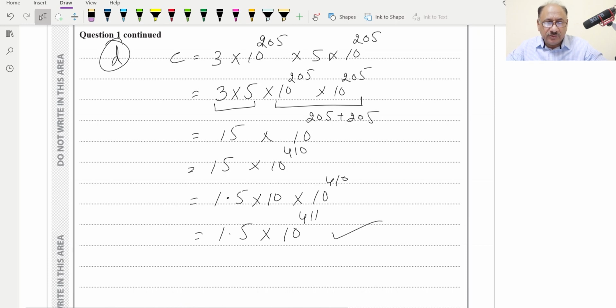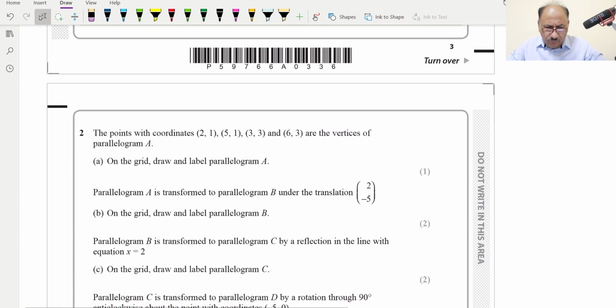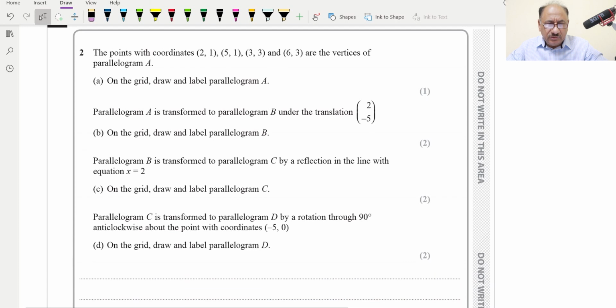Hopefully you understood this. Now we can move to question number 2. Question number 2 says the points with these coordinates and this one are vertices of a parallelogram A. On the grid, draw and label the parallelogram A. So we need to